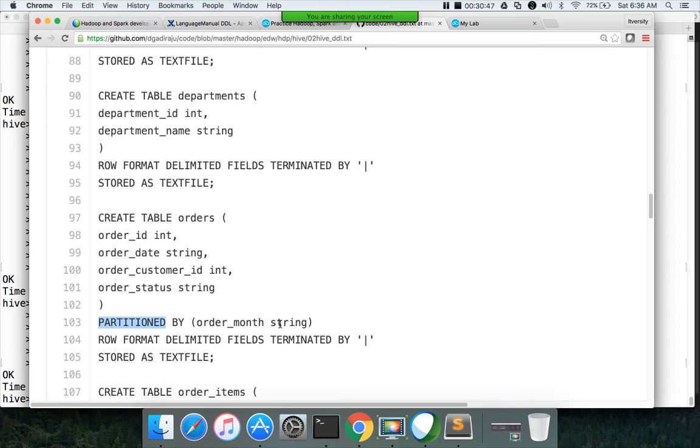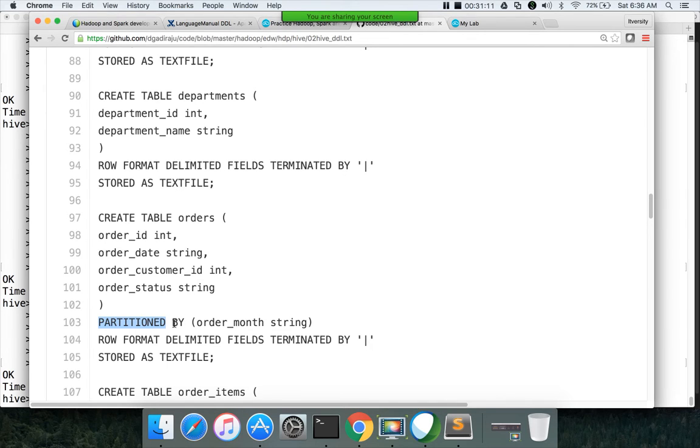Whereas in Hive, there is only partitioning and bucketing. Partitioning is similar to list partitioning in an RDBMS, and bucketing is similar to hash partitioning. In list partitioning, we have to specify the values for each partition while loading the data.